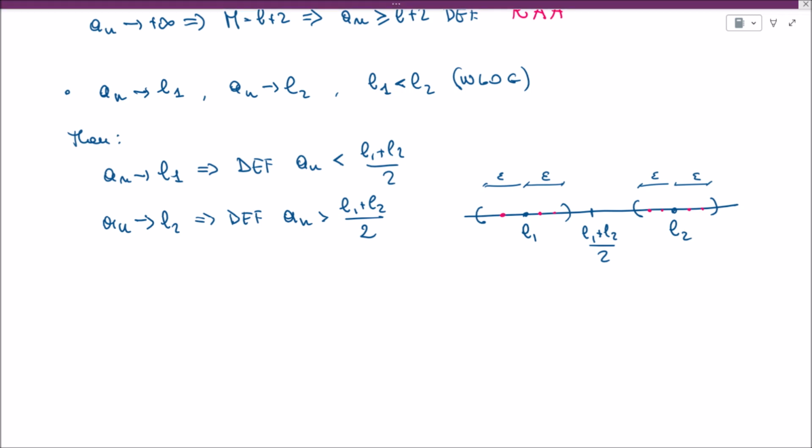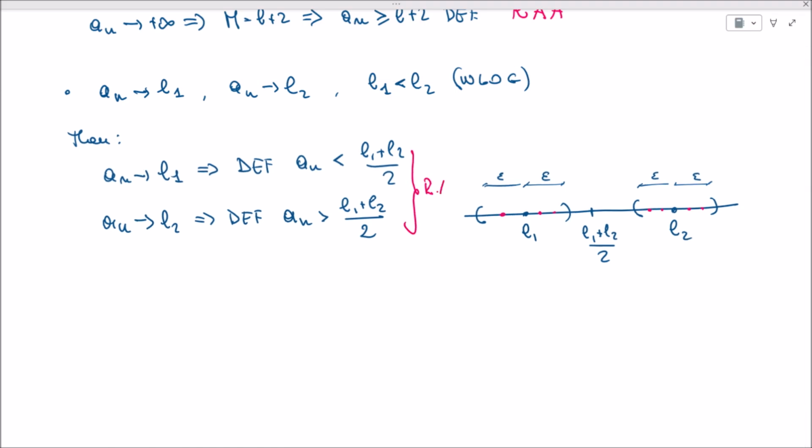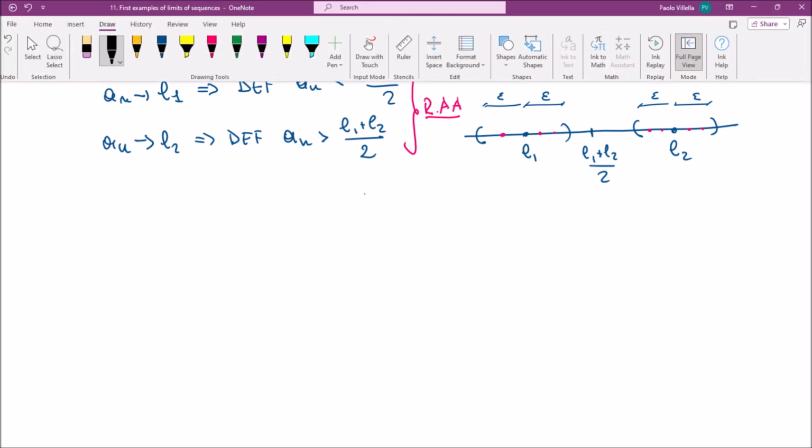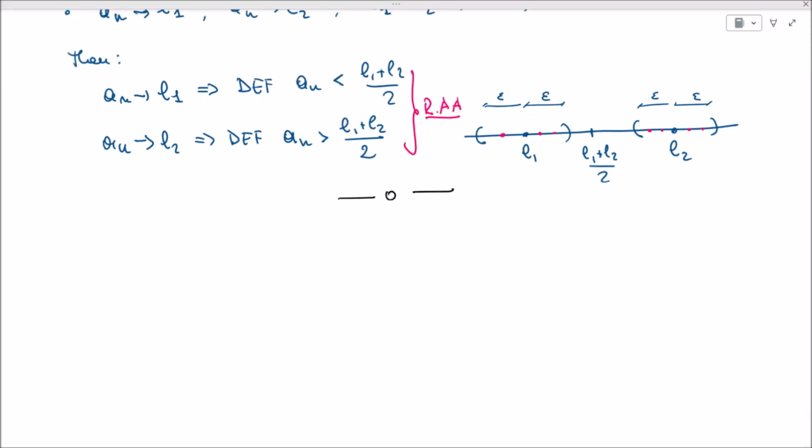Okay, so we have now a reductio ad absurdum again. So this absurdum is just a consequence of the fact that we are assuming that the same convergent sequence will converge to different limits. Okay, so let's pass now to another very important theorem which is very useful when calculating limits,